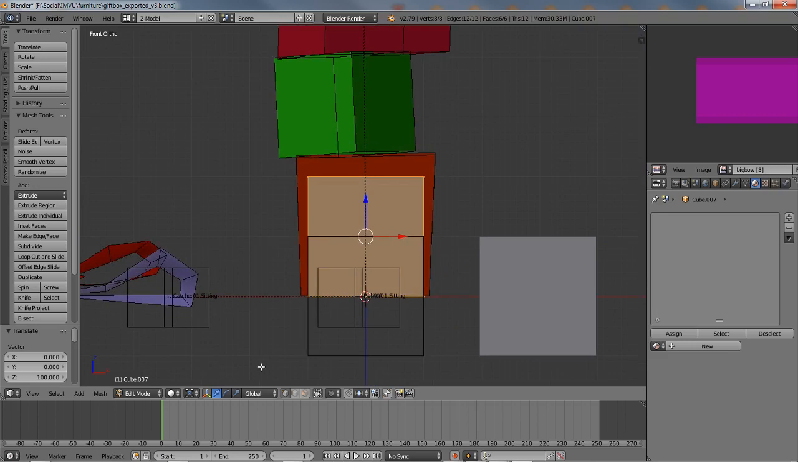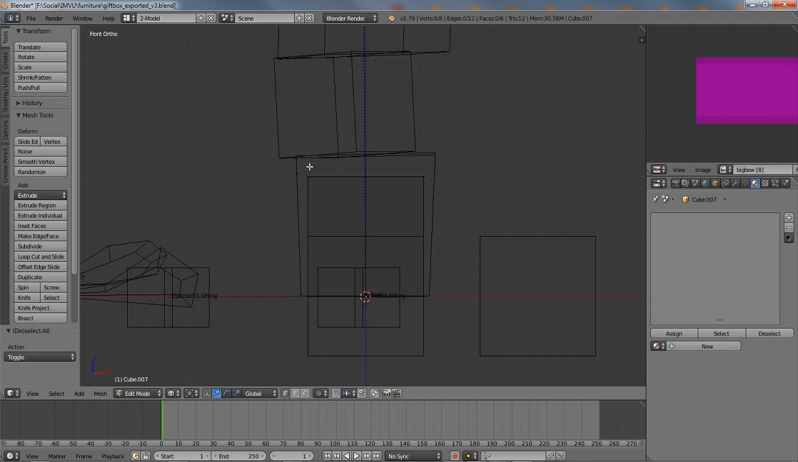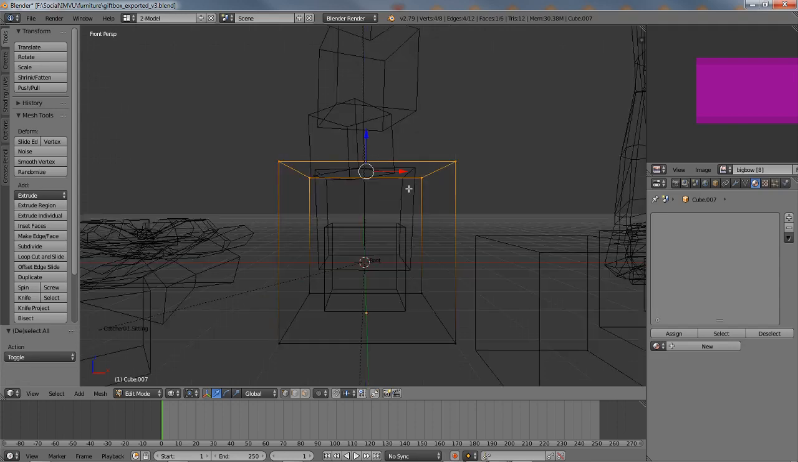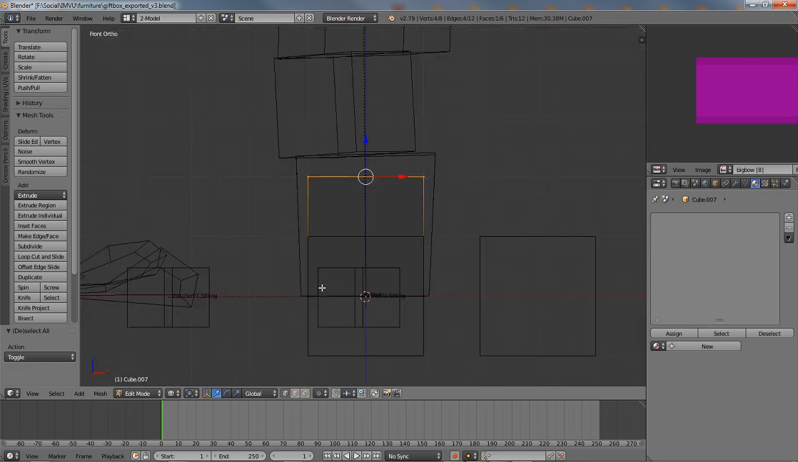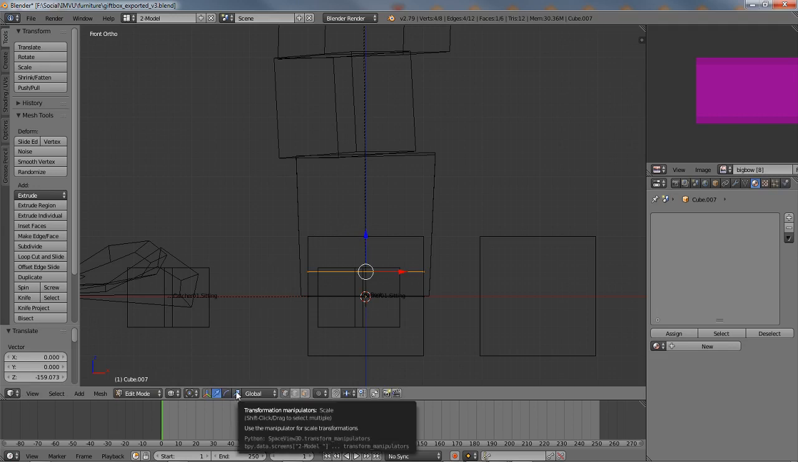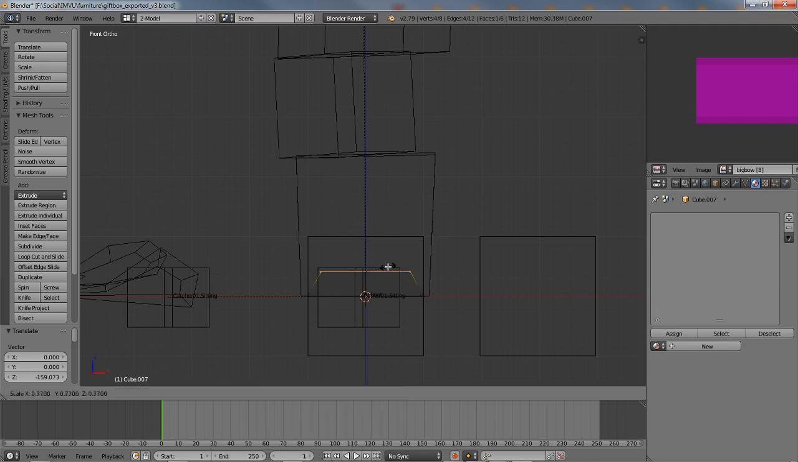Next thing to do is switch to wireframe so we can make a selection through the mesh. Because the mesh is transparent, we can select both sides, so that's the front and the back. And then we're just going to squish that down, and then we can either use the scale widget or press the S key, and we just want to create a